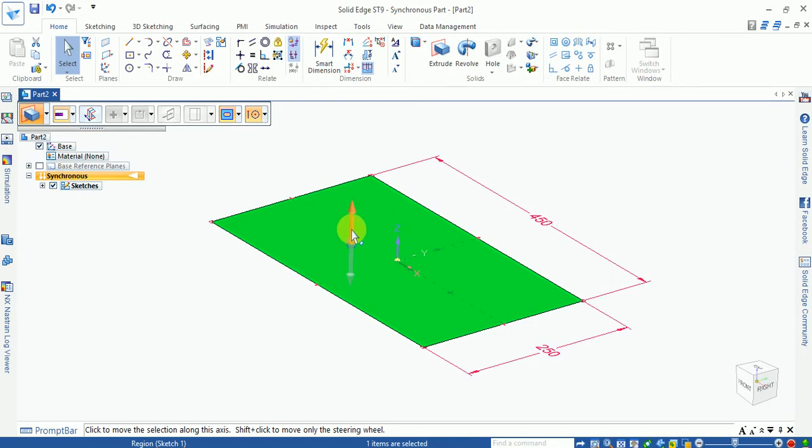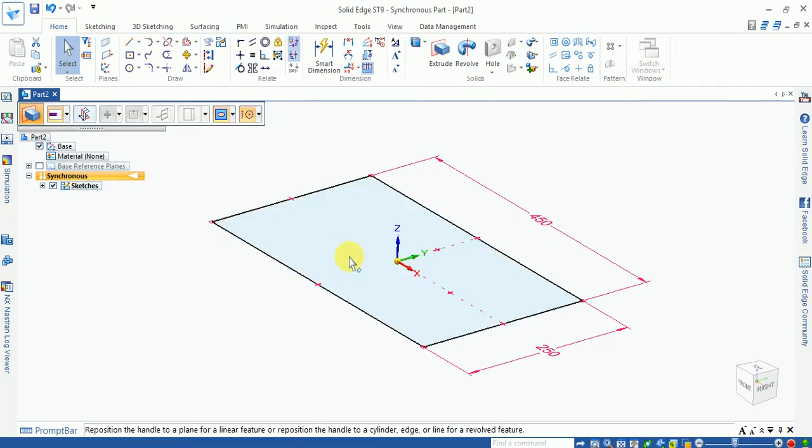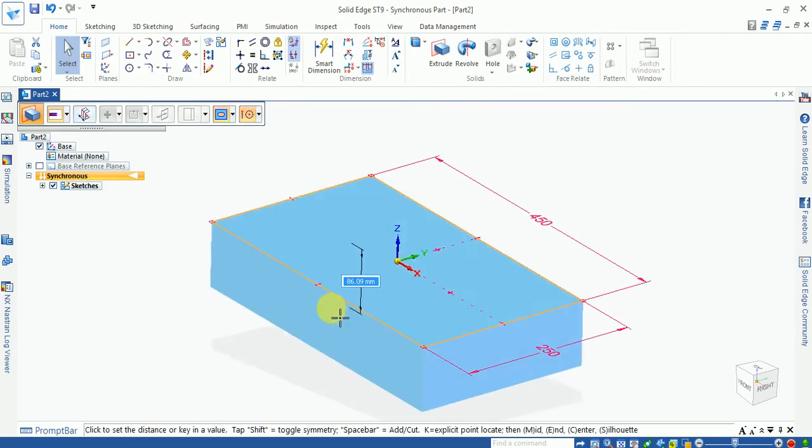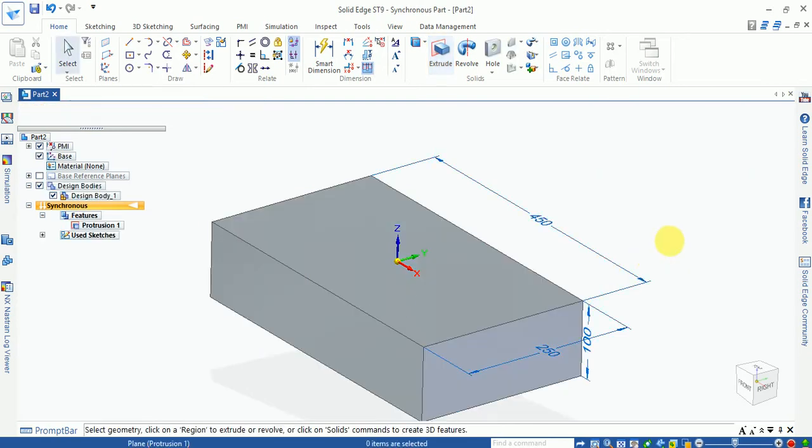Now you can select the upward direction, and this one is the downward direction. In whichever direction you want to extrude your sketch, select that direction, upward or downward. Now I select the downward direction. You can see the amount of extruded height will be added manually. This one is 100 mm.